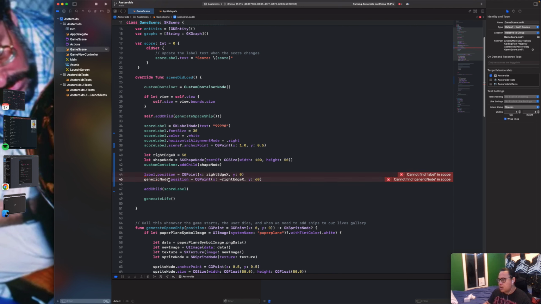Then we have generic node, but that's not going to be generic. It's going to be custom container, and then we're going to add